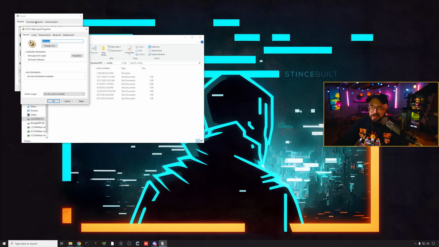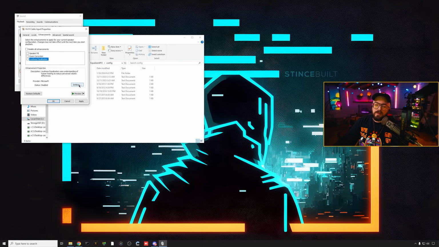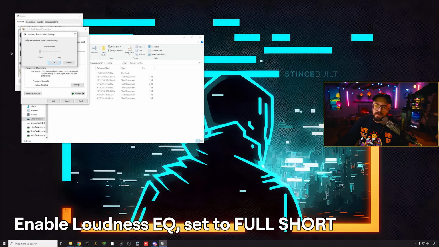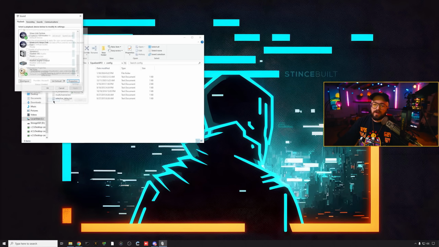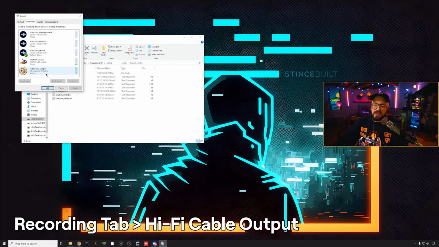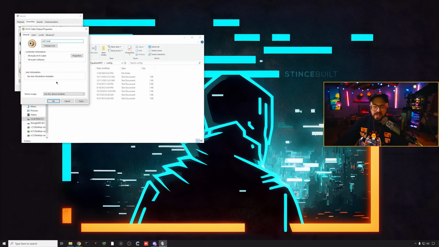I'm going to select that name and copy it for later. And then I just want to make sure Loudness EQ is turned on. So I can go in here and set this to short. That will automatically check the box. I'll hit Apply here and OK. Then I just want to rename the other side of the cables to the same thing. So I'll go to Properties here, I'll paste that name in, ArtTune,